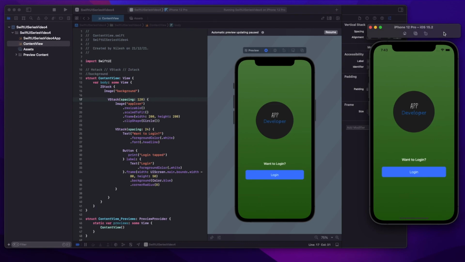Like till now what we have read, how we can use images, buttons, text, vertical stack, horizontal stack, ZStack to create a